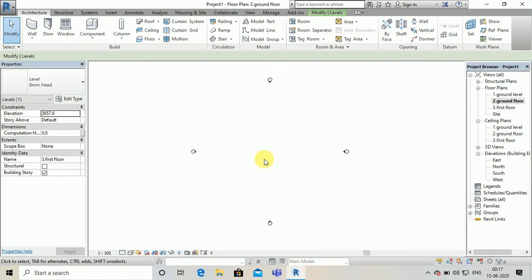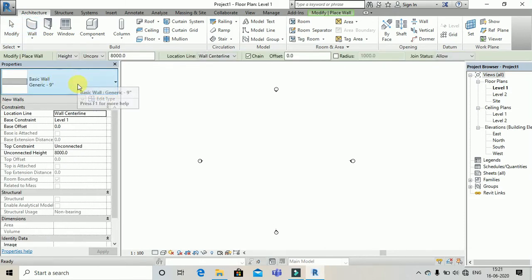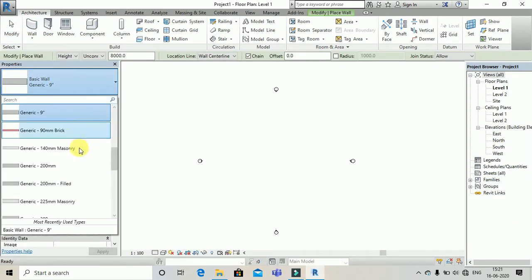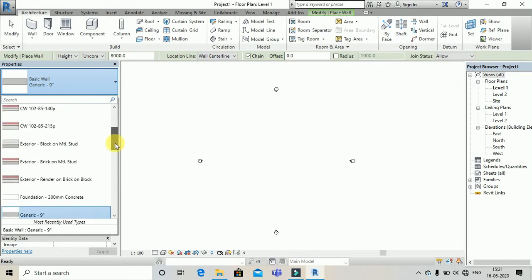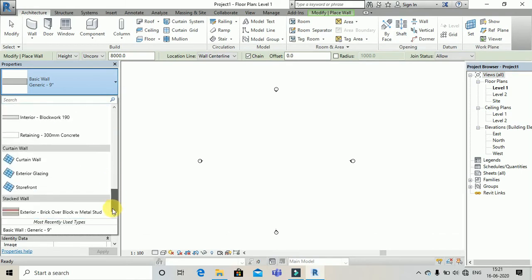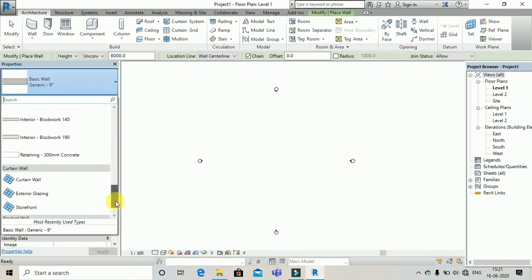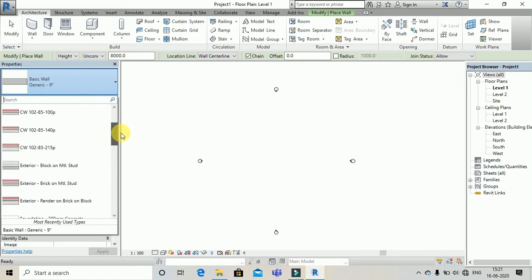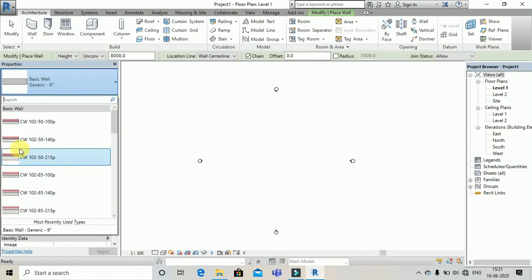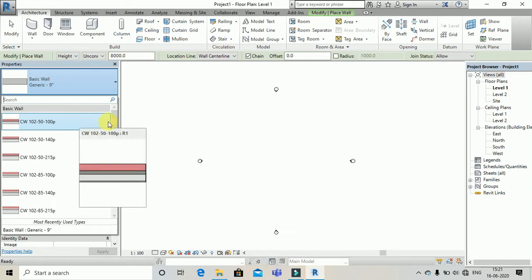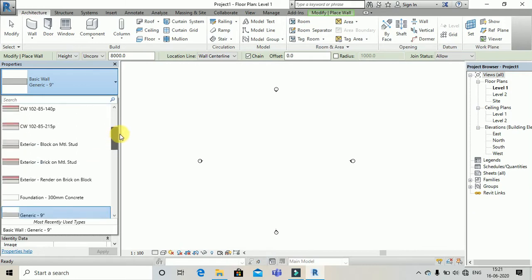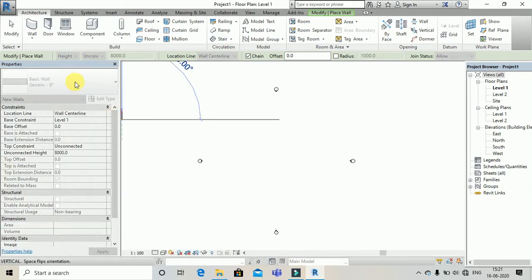Go to the architectural template, then select walls. Here you will see different types of walls with different sizes. As we have selected a template, our template has different sizes of walls. The advantage of taking a template is that you are provided with ready-made sizes of wall here. We can change the size of our wall. Go to the edit tab.